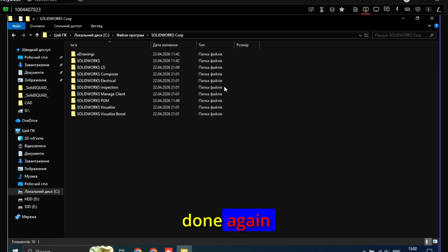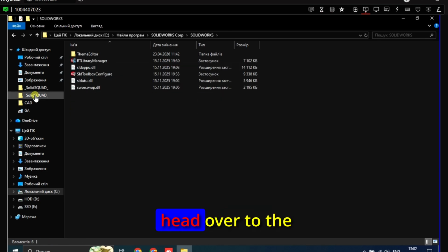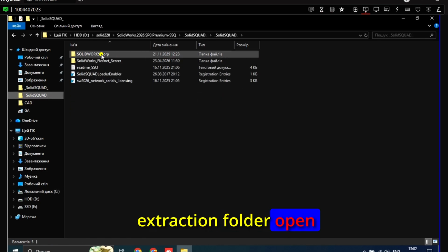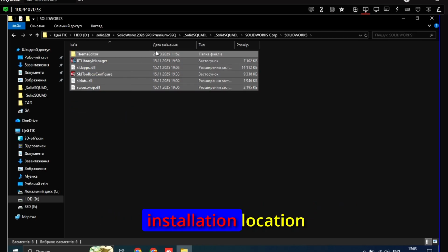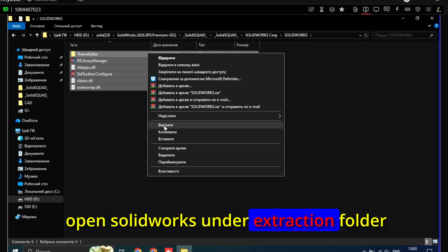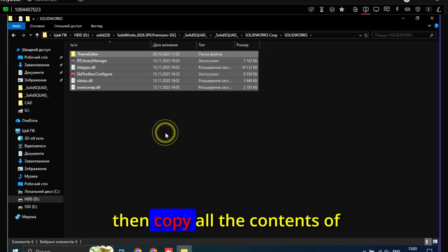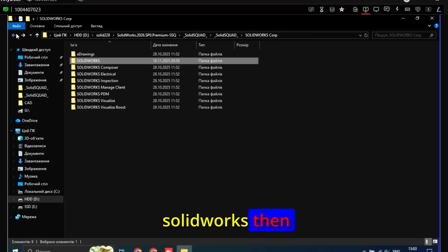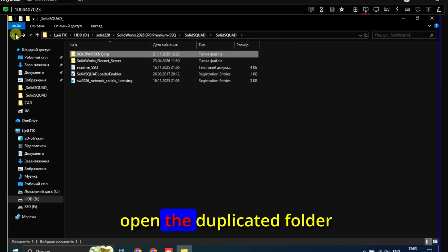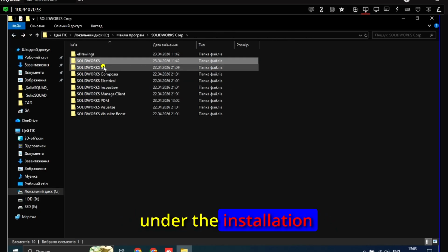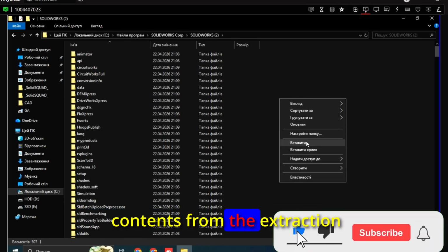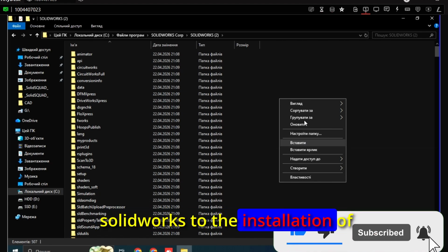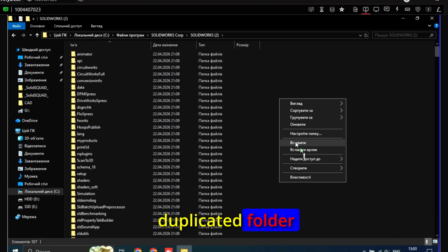Once that is done, again you head over to the extraction folder, open SolidScope, but this time around just the duplicated folder on the installation location. Open SolidWorks under the extraction folder, then copy all the contents of SolidWorks, then come and open the duplicated folder under the installation location, that is SolidWorks. Then paste the contents from the extraction of SolidWorks to the duplicated folder under the installation, and paste